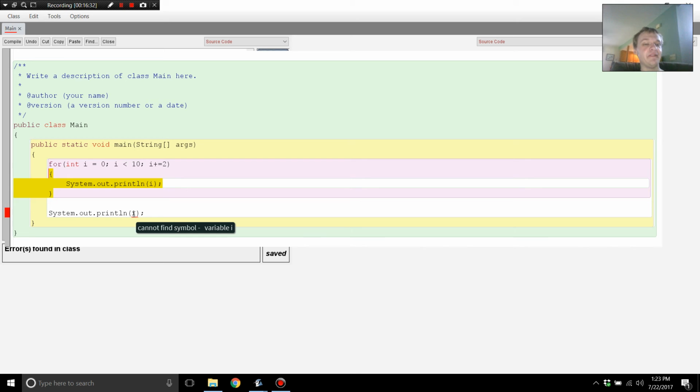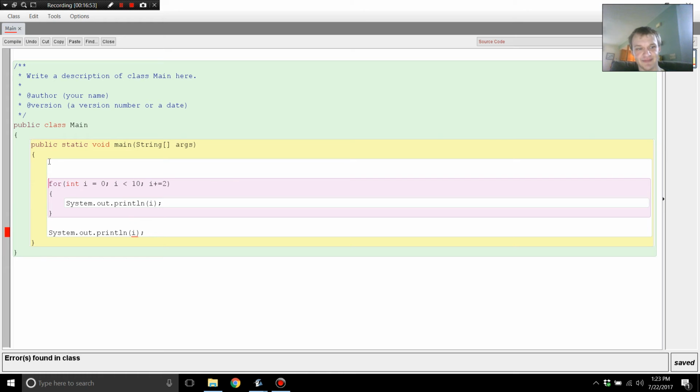But if you actually hover over where there's red squiggles underneath the i, it will say cannot find symbol, variable i. So it will tell you, I have no idea what you're talking about. This doesn't actually exist, unless you make it exist. Correct. So the way to alleviate this is to declare your variable outside of the scope of your for loop,